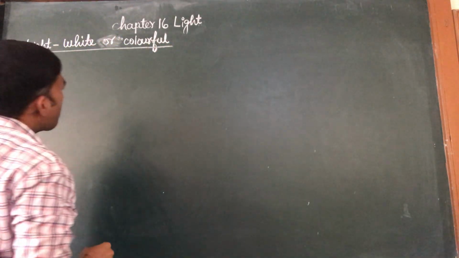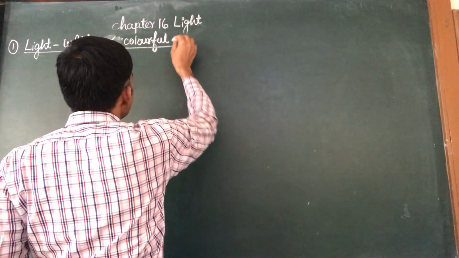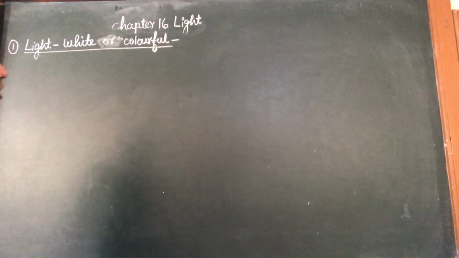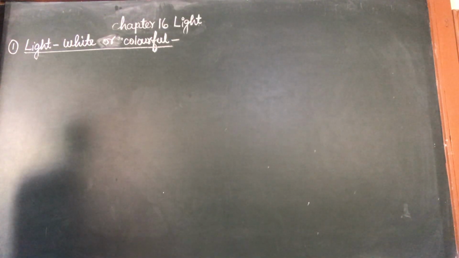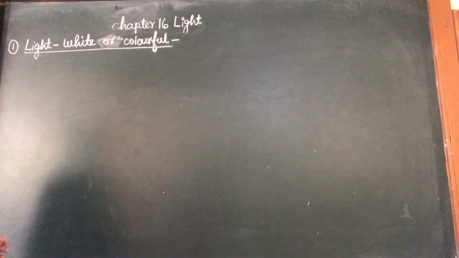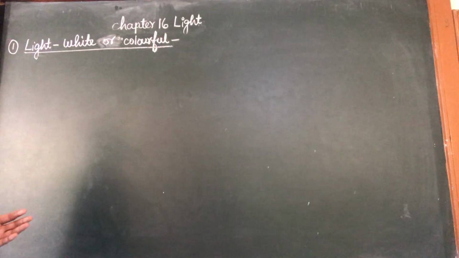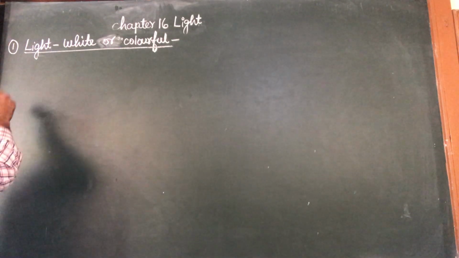We know that light is made up of 7 colors, but generally when we see light, it appears white. When these 7 colors combine, the combination color formed is white. So the light appears as white, but actually it is a combination of 7 colors. You can see the best example of this in the formation of a rainbow, or in just one phenomenon, that is dispersion.